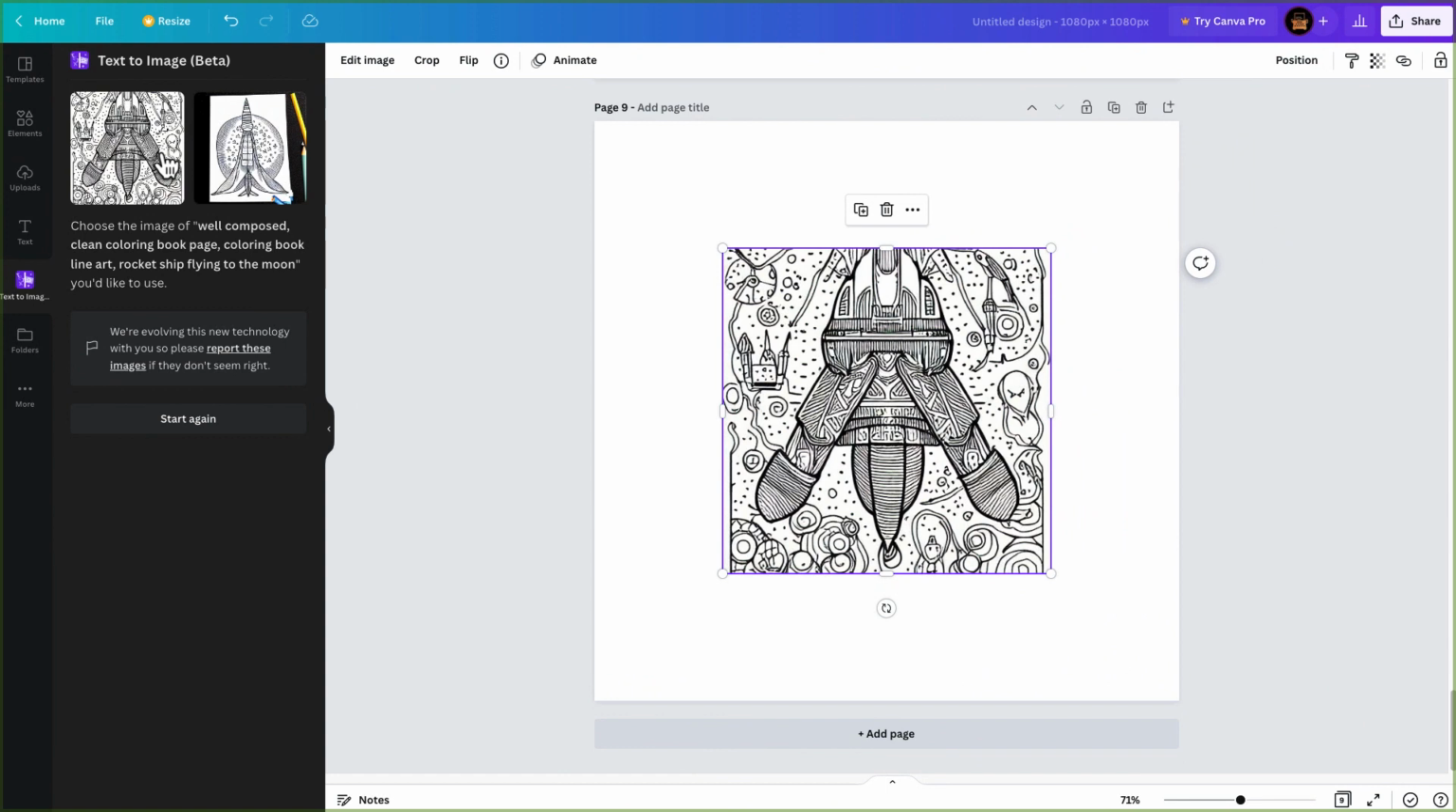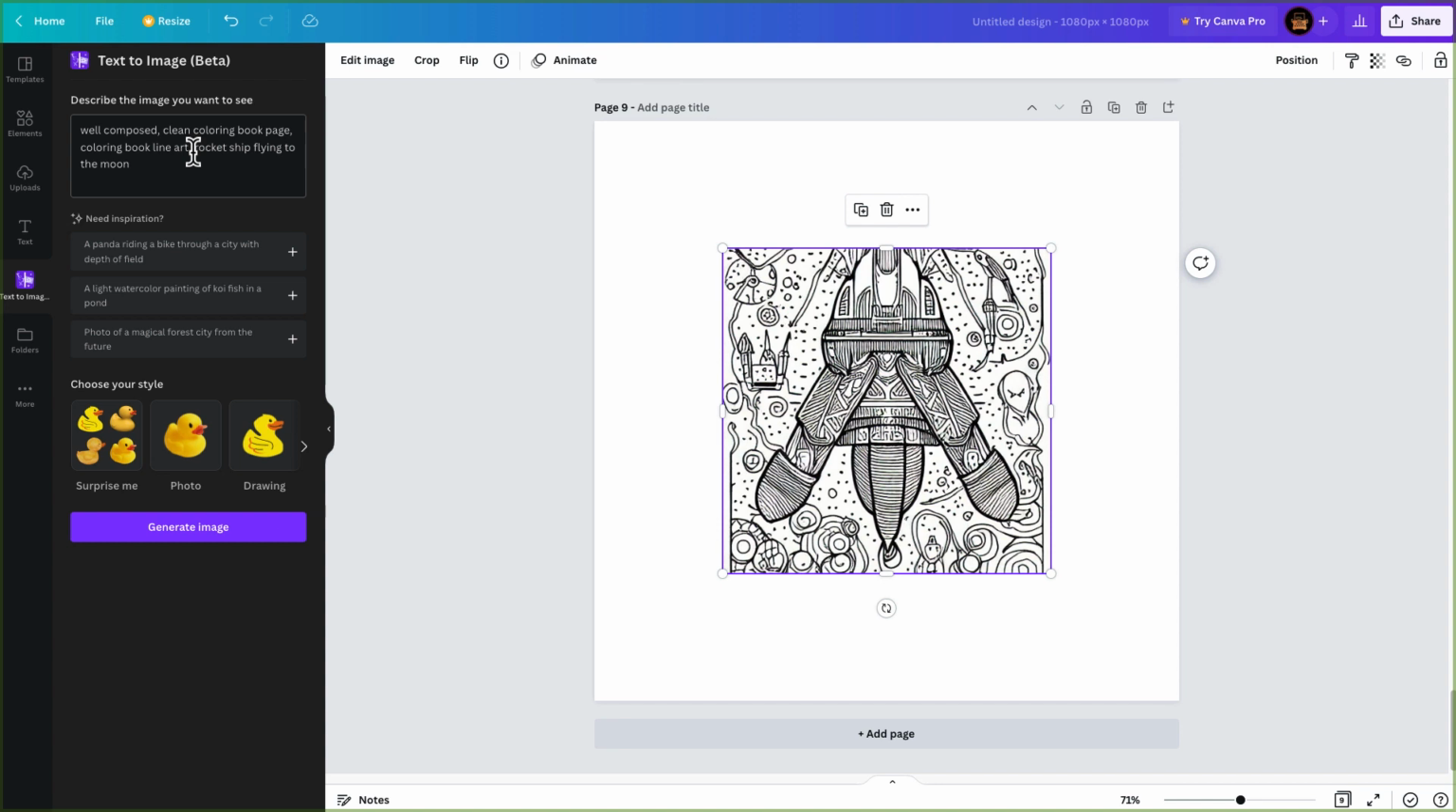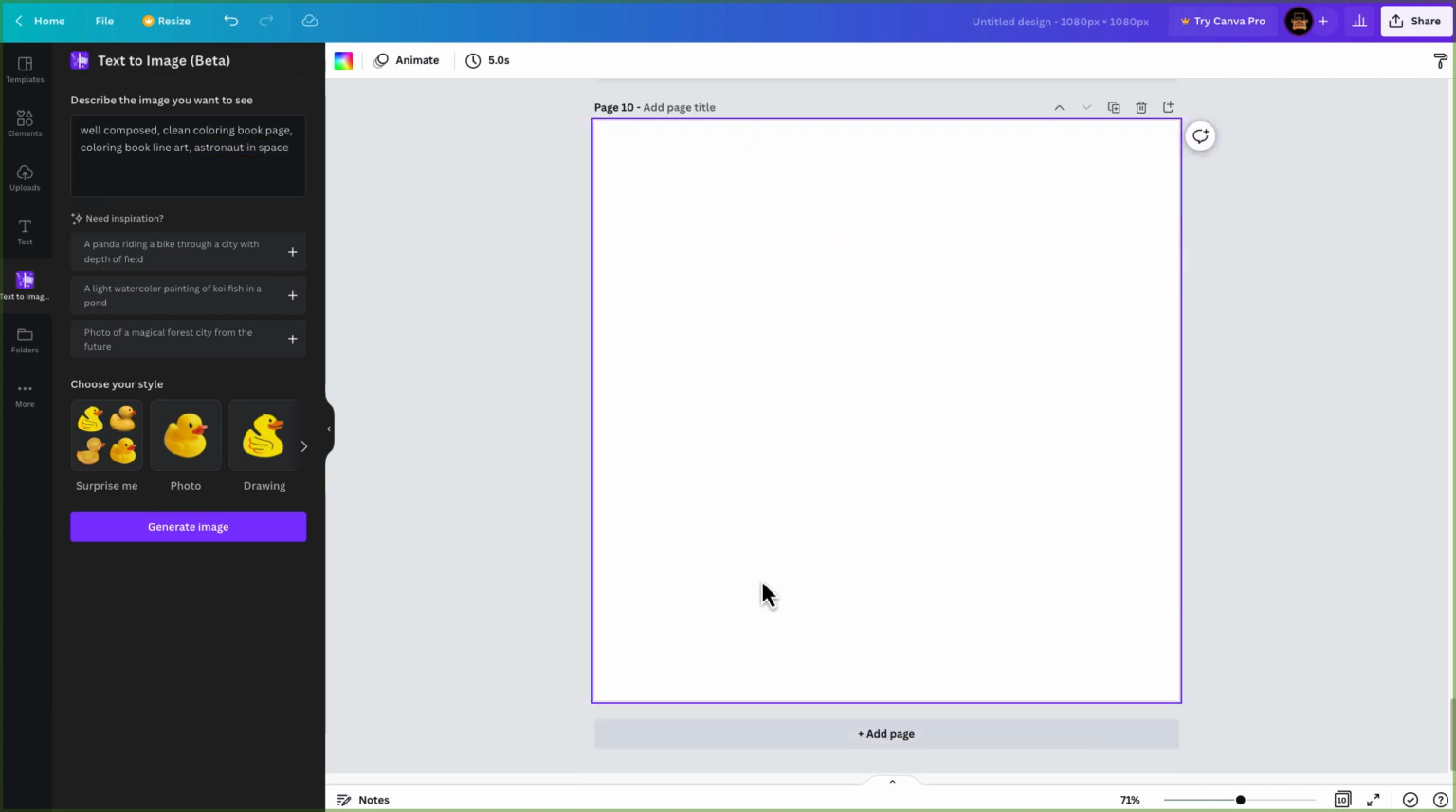Now back over in Canva, the text to image beta, you can see I fed this "well-composed, clean coloring book line art, rocket ship flying to the moon." Of course, that's not an astronaut, so I got that wrong. But the point was, I was telling it "well-composed, clean coloring book page, coloring book line art," and then changing the description or the character that I want to see, like "astronaut in space," instead of the rocket. I was playing with both rocket ships and astronauts,